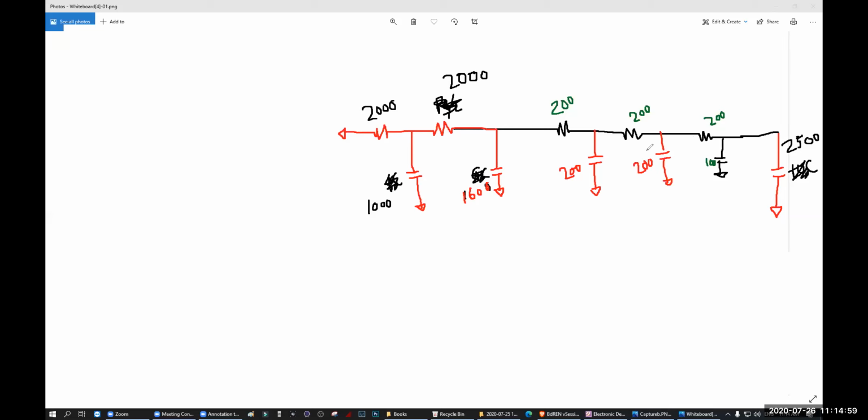Oh, by the way, in case of T model, the capacitor will not be added. The resistor will be added. Because you have two series resistors, those resistors will be added. In case of pi model, the capacitors are being added. In case of T model, the resistor will be added. The same thing actually. So this one and this one, they are parallel, right? 100 and 2500. So can I call them 2600? I'm going to call them 2600 and draw.